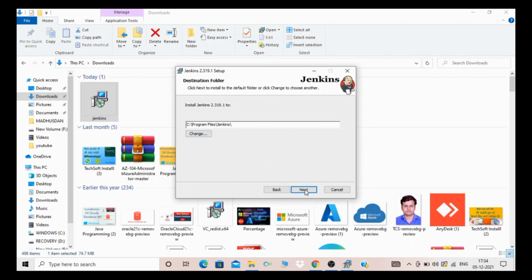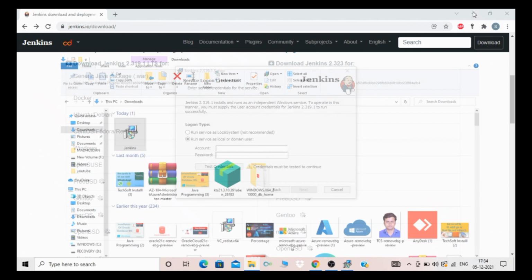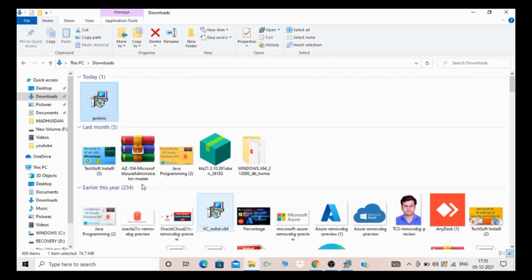The install location is C program Jenkins. Then there is the option to run the service as a local system or domain user account, whatever you want to give, and then test. We need to put some account, right? Then I need to check my account.